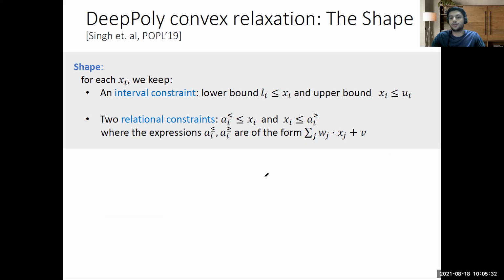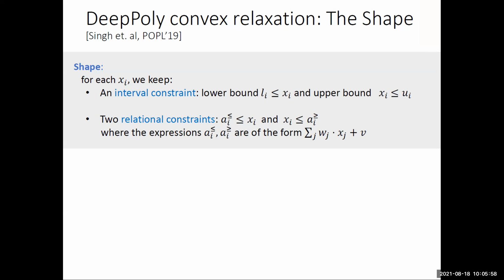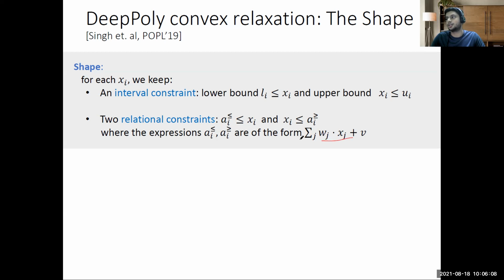So a deep poly, as we have seen in other regions also, whenever we talk about a shape, we talk about how we define that shape, and then later we discuss the transformations. In deep poly, there are four constraints, and with the help of these four constraints, you define that shape. There are interval constraints and relational constraints. Interval constraints are just bounds, one upper bound and one lower bound. For relational constraints, you have a lower relational constraint and an upper relational constraint. These upper and lower constraints are of some affine form, which is given by this expression.